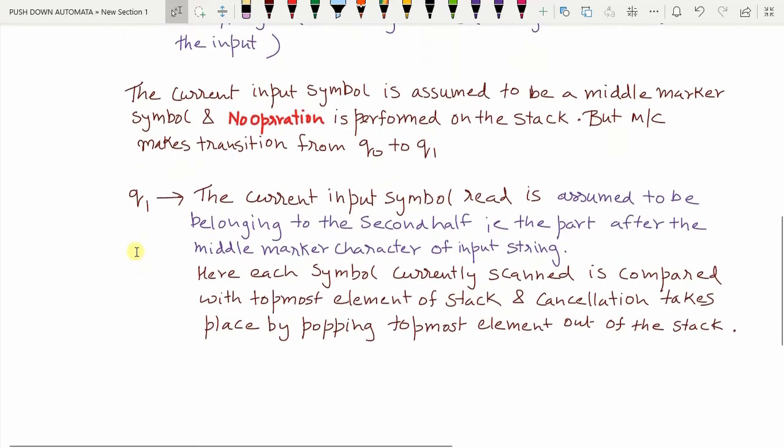So what will be pushed here? AB will be pushed onto the stack. Here AA will be pushed onto the stack. BA will be pushed onto the stack. BB. So all possibilities we have considered here. Okay. Now Q1, as we have already seen, Q1 is a